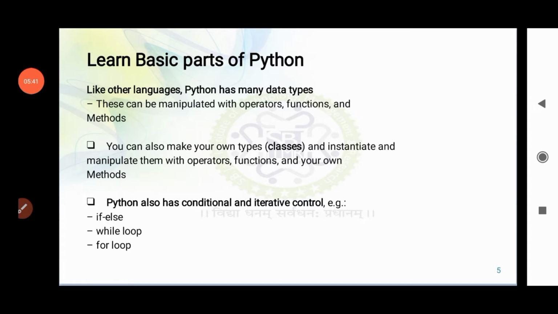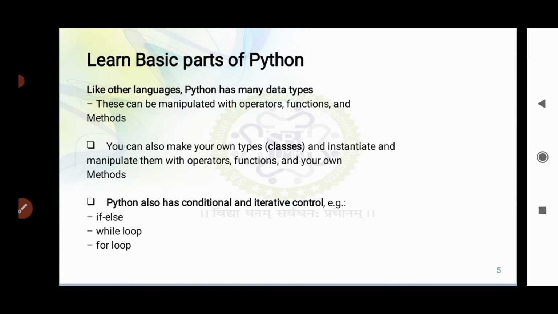Let us here learn the basic parts of Python. As we know, every language has its own syntax and semantics, its own data types, operators, functions, classes, etc. So basically, all those things are required to be known by any programmer for any type of programming because they are the basic parts of Python language.